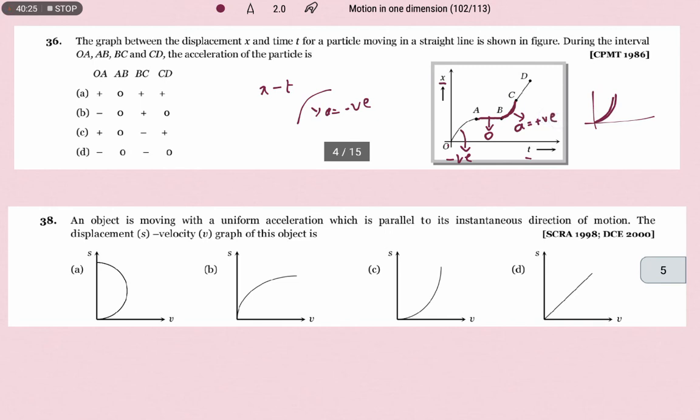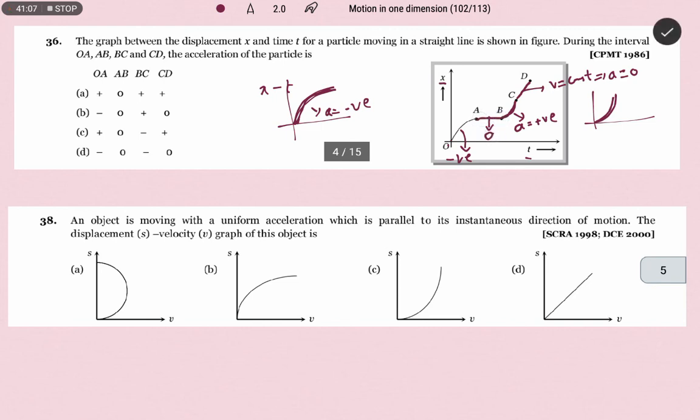And again you can see the x-t graph is a straight line. A straight line is nothing but constant velocity. If velocity is constant, what about acceleration? Acceleration will be 0. In this way we can analyze the graph. From O to A it is bending downwards. If the position-time graph bends downwards like an inverse parabola, it is moving with negative acceleration. In the same way, if the position-time graph is a straight line, velocity is constant and acceleration is 0.